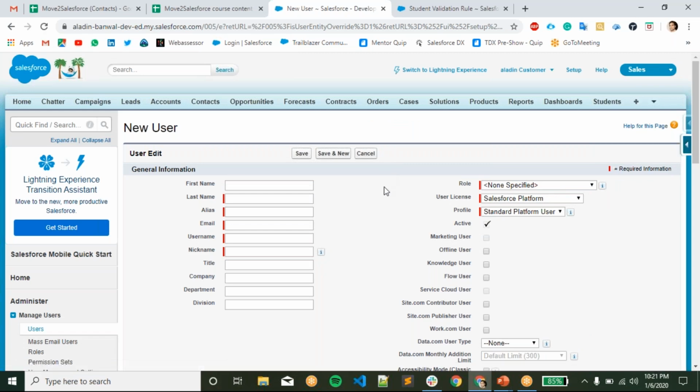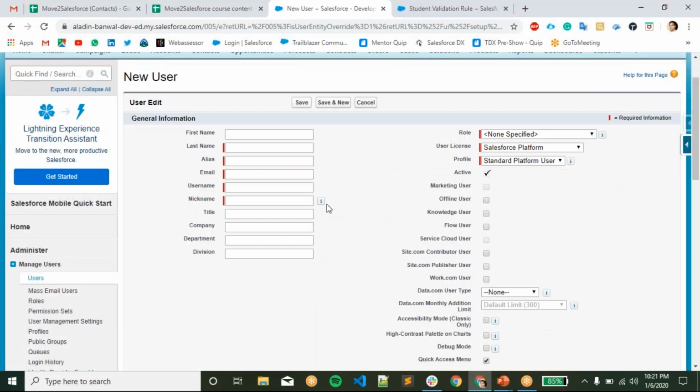The important thing here is that the username should be unique across all organizations in Salesforce. You have to give the user license and the profile.